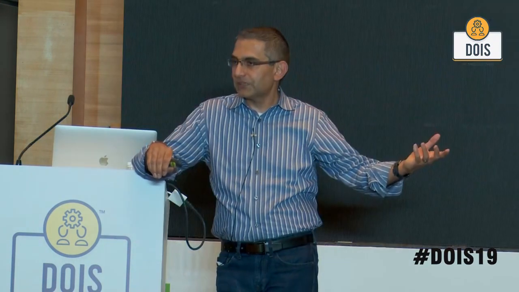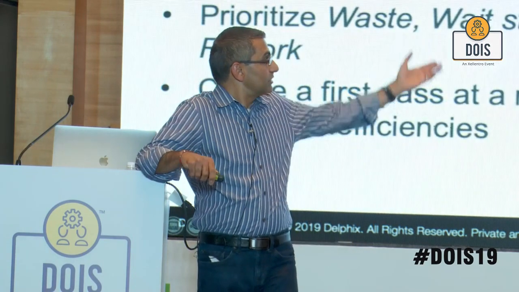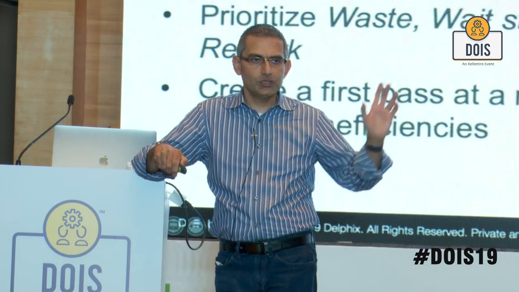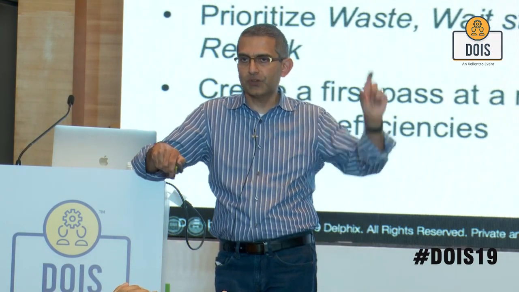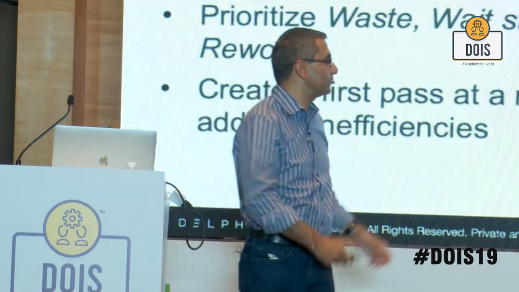Right, so the goal is to create a value stream, do a value stream assessment of a delivery pipeline and look for where the inefficiencies are and identify which of those inefficiencies are due to the lack of agility of data. And this would be an example of what such a result of a value stream mapping would look like. Most of these are available on YouTube. If you search for DevOps whiteboard, you'll find a video of me doing a value stream mapping assessment.